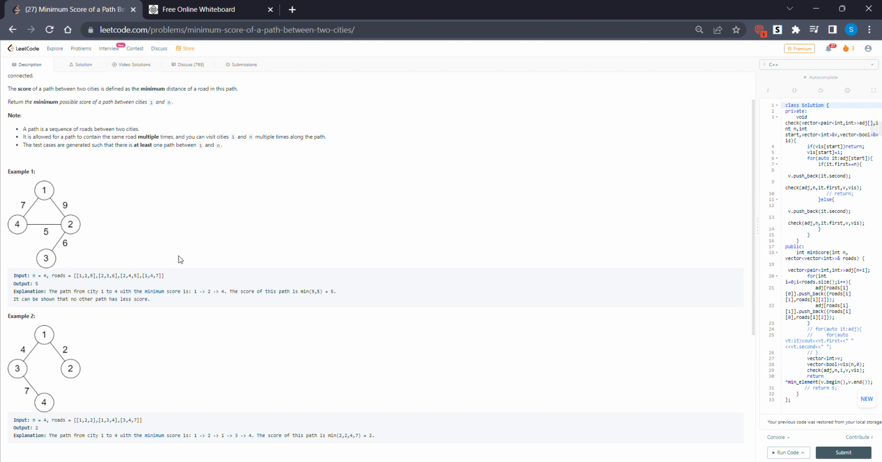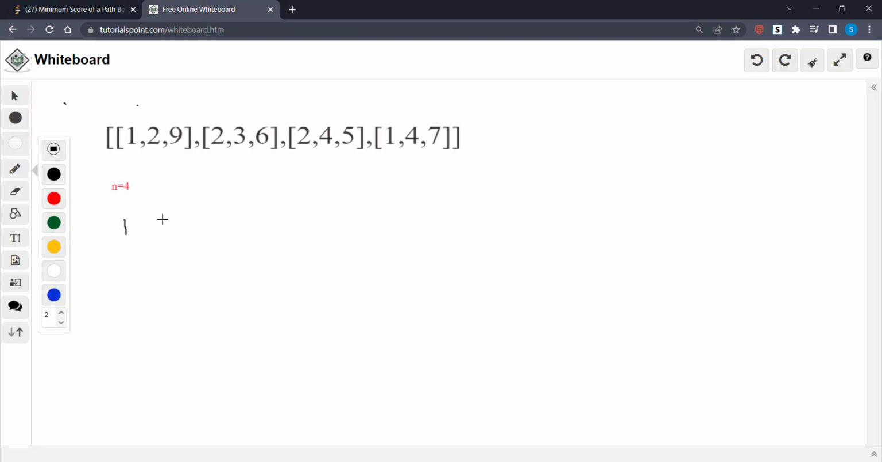So let's understand it in terms of an adjacency list. We need to track an adjacency list of pairs that will store the node to which we can go, and the distance that we will need in order to reach that particular place. From 1 we can go to 2